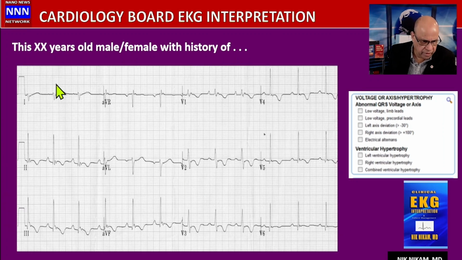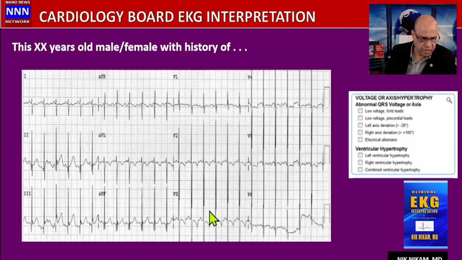Here's an example of another case of a right axis deviation, maybe right atrial enlargement, along with some positive deflection in V1 and V2, with some T-wave inversions in the anteroseptal leads. This is an example of a right axis deviation, right ventricular hypertrophy with strain. And here's with a sinus tachycardia, because we see P waves preceding each QRS complex. Again, we see right axis deviation, right ventricular hypertrophy with strain, and there may also be increased voltage in the chest leads, which may also suggest